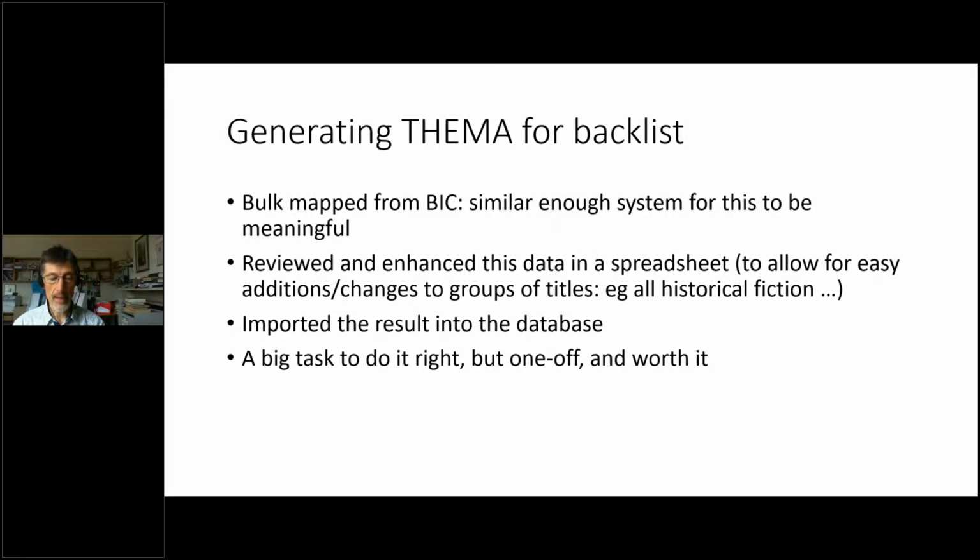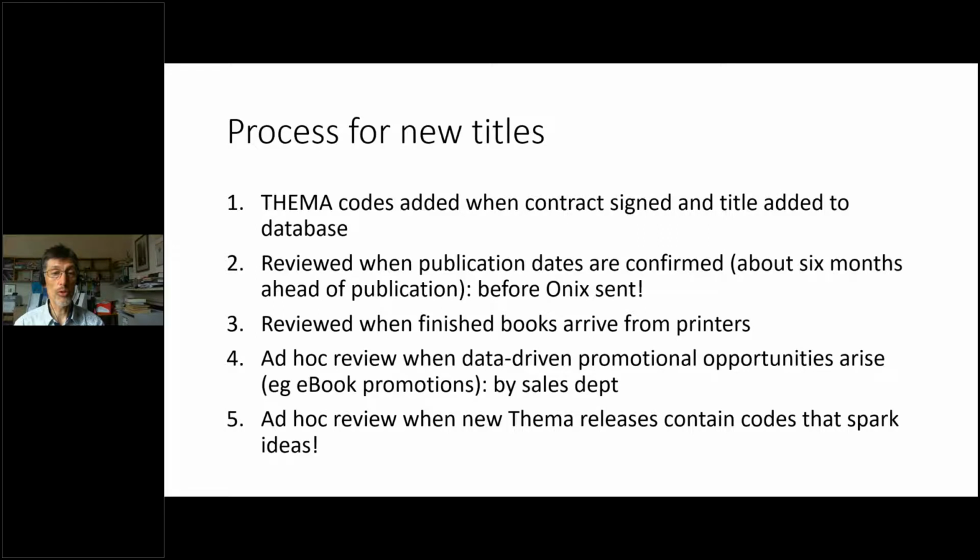Next slide, please. So how do we go about dealing with a new title? We don't have a dedicated bibliographical team. So I build the first element into my process, because I'm the person who takes a signed contract and puts the information from that into our title database. So at that point, it's the first time when we really know what the book is and when we're constructing data about it. So when I enter in the data, I look at what the book is, what we know about it, and put in the Thema codes, trying to be relatively rich, but obviously the book will develop and evolve later, and we don't send our Onyx out at that point yet, so it's slightly less critical.